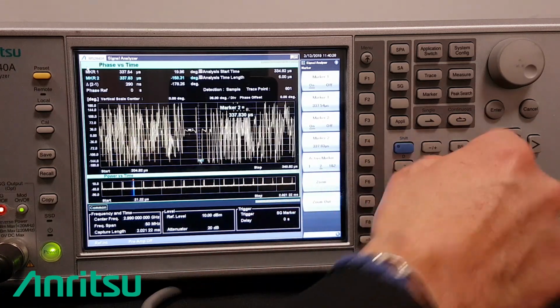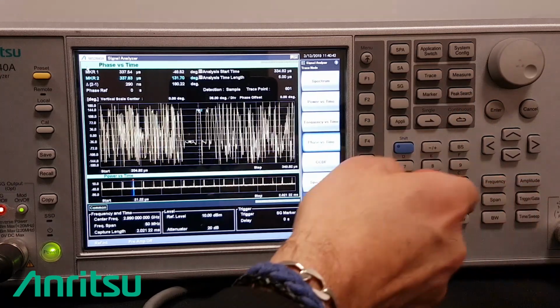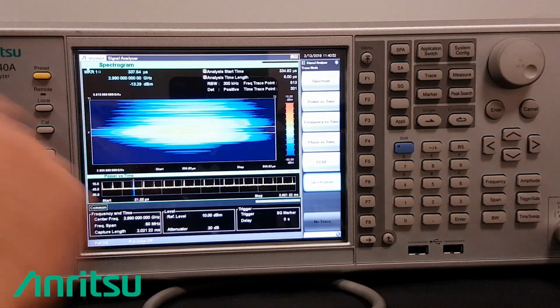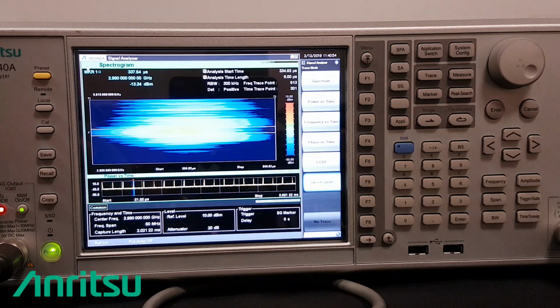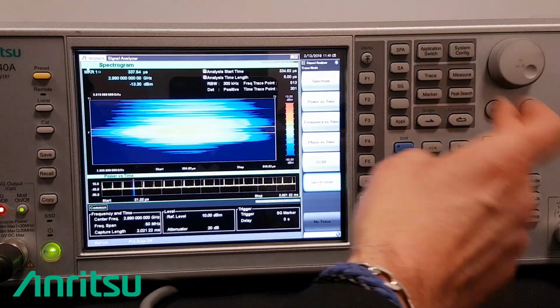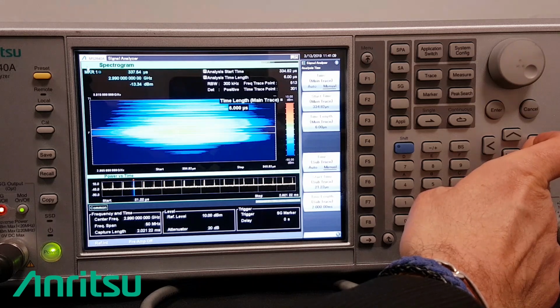Let's go back to the live signal, and now to the spectrogram. The difference compared to the previous analysis is that I'm now confirming that this frequency carried by the small burst is in the middle of the VSA, so it's really the same. If I now take a wider blue zone, I will take it wider just to let you see